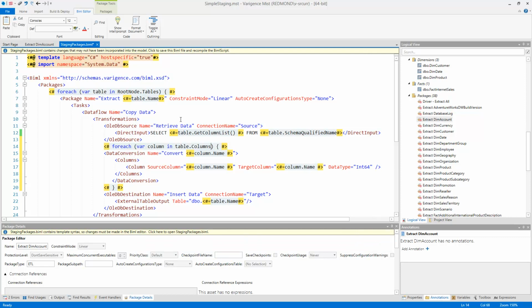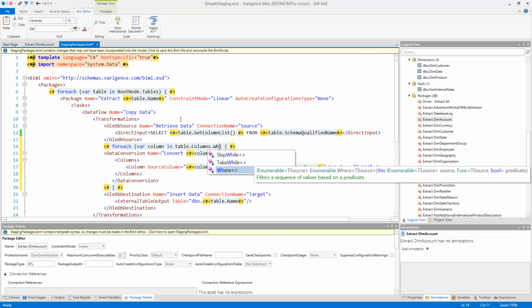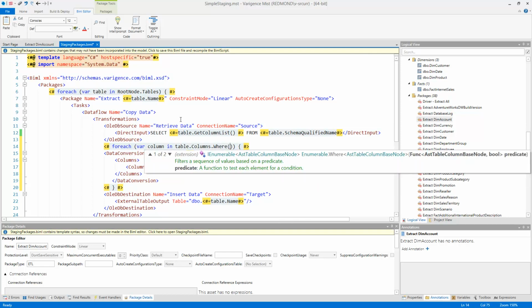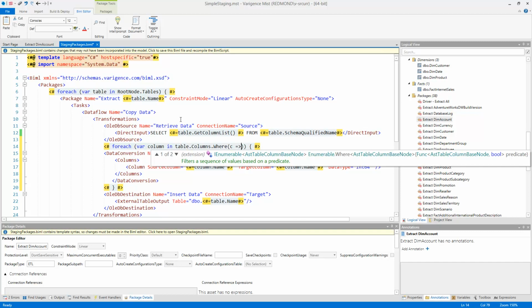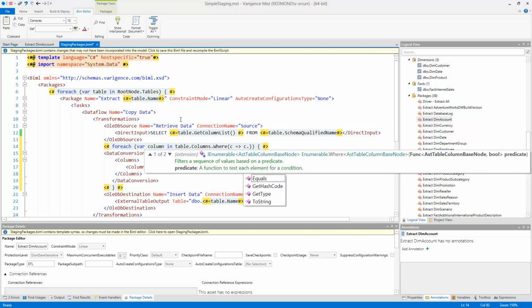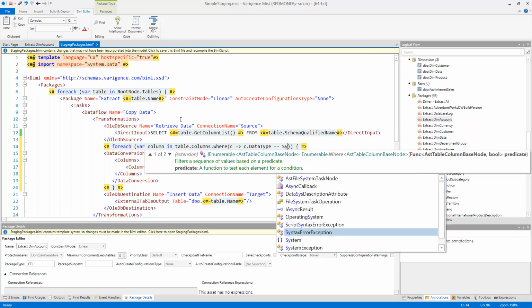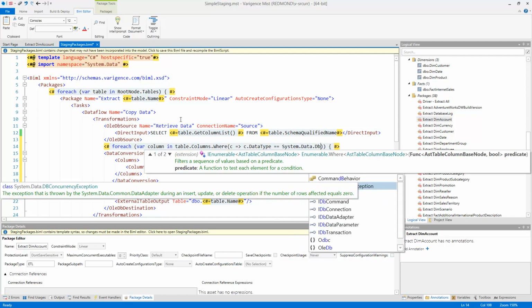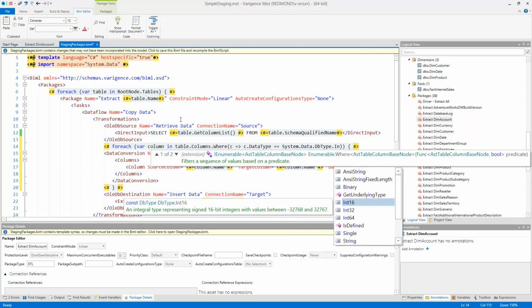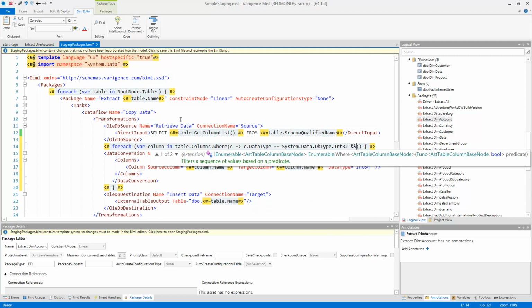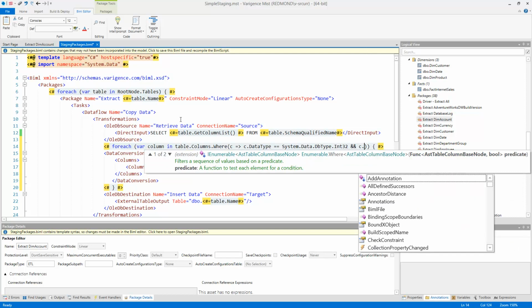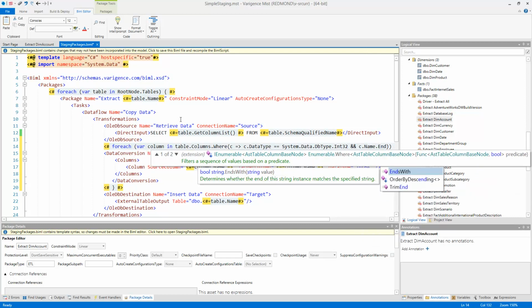I could put a conditional statement inside with another block, but if you're familiar with LINQ, and if you're not, it takes a little bit to learn, probably a few hours to get the basics. This now is extremely powerful in the context of Biml. So I can say I don't want all columns. I just want the columns where the data type is equal to system.data.dbtype.int32. I just want those int32 columns, and I want the columns where the name ends with